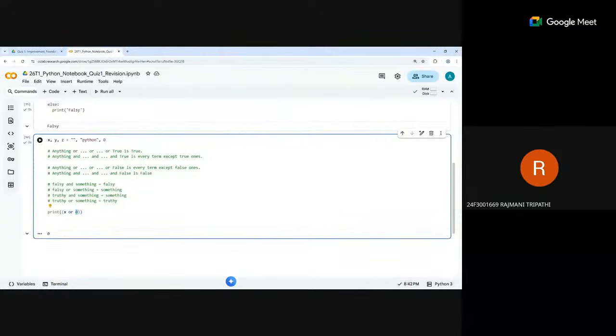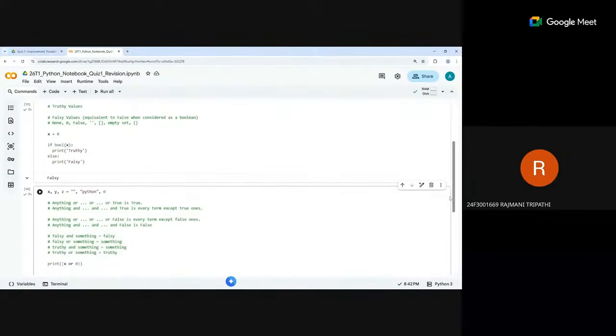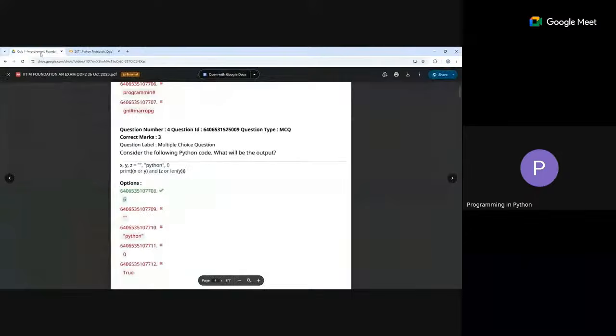Sir, can you scroll down, sir? Yeah. I'll take a screenshot of the falsy values you mentioned in the code. Yeah. Oh, here. Okay. Yeah. This notebook I'll share with everyone anyway. Okay, sir. But anyway, you can take it if you want. Fine. So we move forward with that. So 6.